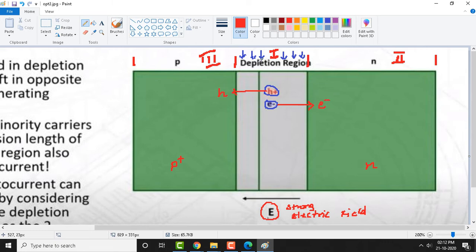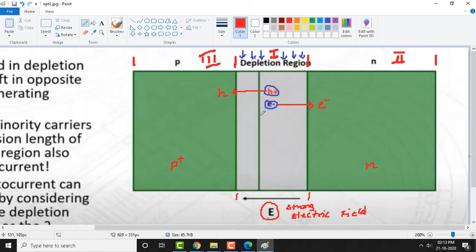Okay. So, if you made the photons fall on this depletion region, it creates an electron hole pair. The strong electric field which exists in the depletion region, across this depletion width, is so strong that it pushes the holes into the P region and electrons into the N region here. The field will sweep the hole into the P region and the electron into the N region. This is what happens whenever an electron hole pair is created due to the interaction of photons in the depletion region. Okay. Any questions about this?